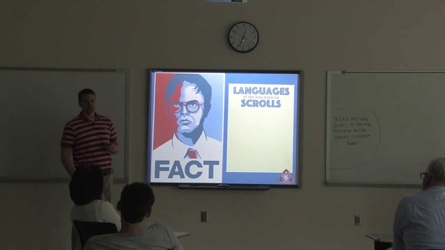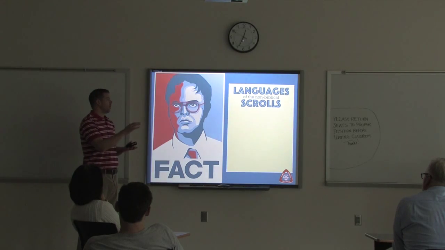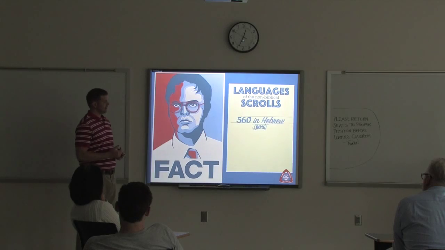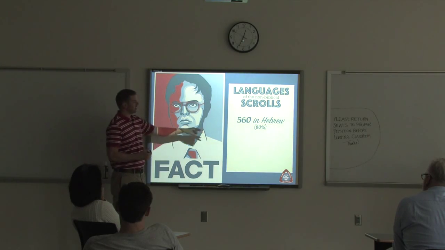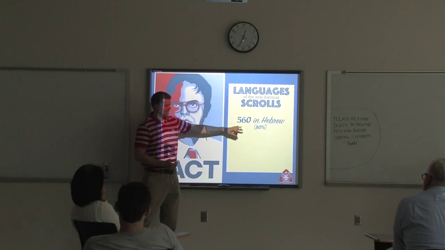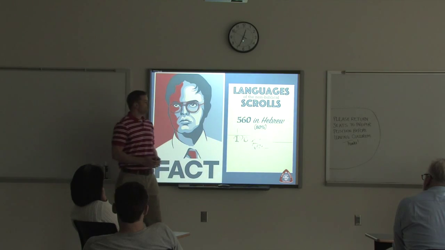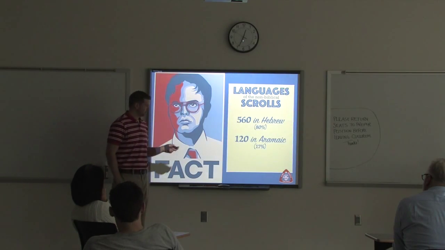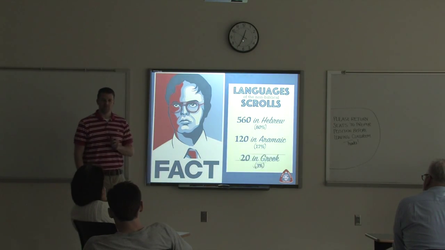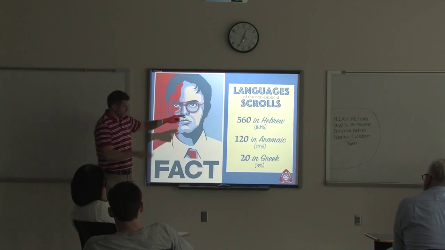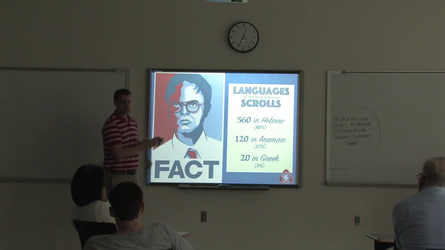Well, the biblical texts that we have, so the Isaiah scroll, all the biblical books, these are all written in Hebrew. Most of the texts that are non-biblical texts are in Hebrew as well. So we have most of them in Hebrew. 80% of the texts are written in Hebrew. We have a few texts in Aramaic, so maybe 17%, and then a very small amount in Greek. So we have a variety of different languages, but it's mostly in Hebrew.